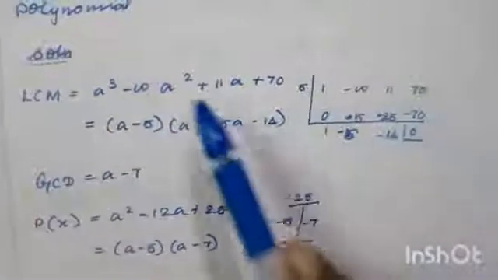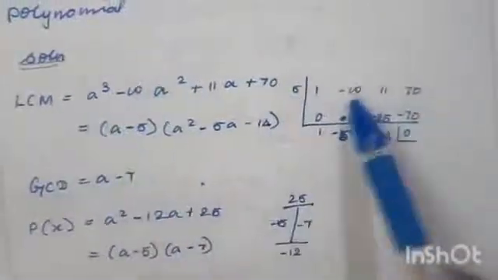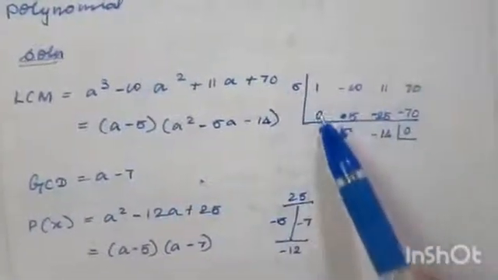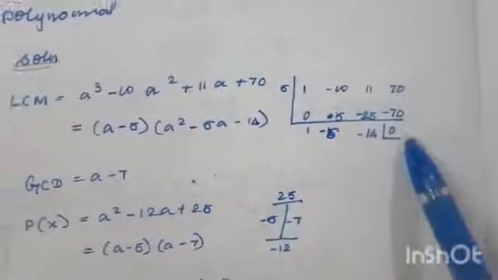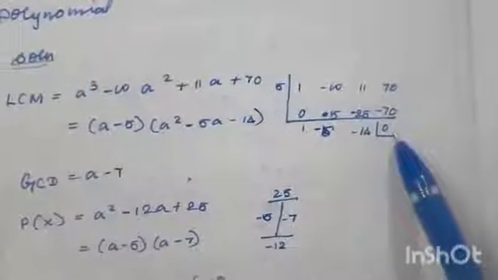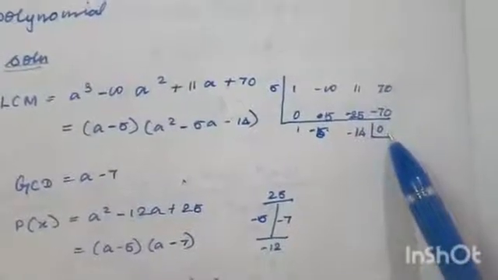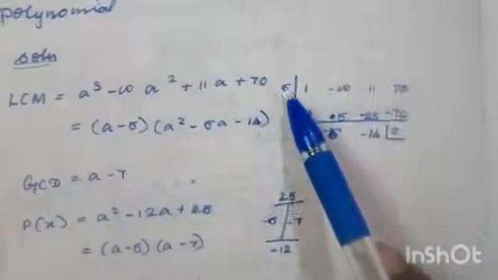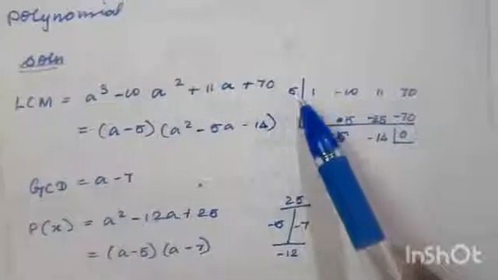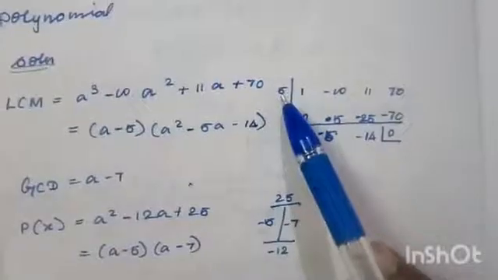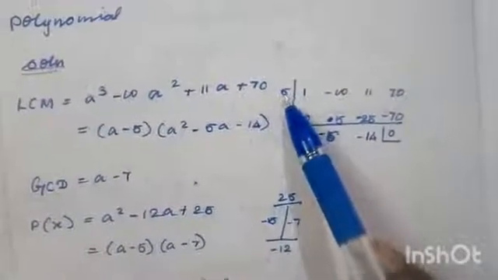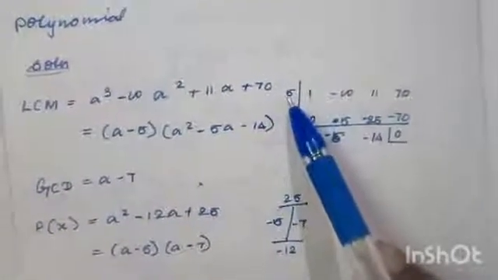Once again listen, in synthetic division you have to take the coefficients and write here 0, and in the remainder place also you have to write 0. Until we get remainder 0, you have to proceed one by one. One by one in the steps you have to substitute the values 1 minus 1, 2 minus 2, 3 minus 3, 4 minus 4, like that. You have to use pencil. After finding that you use ink. So now 5 is possible.